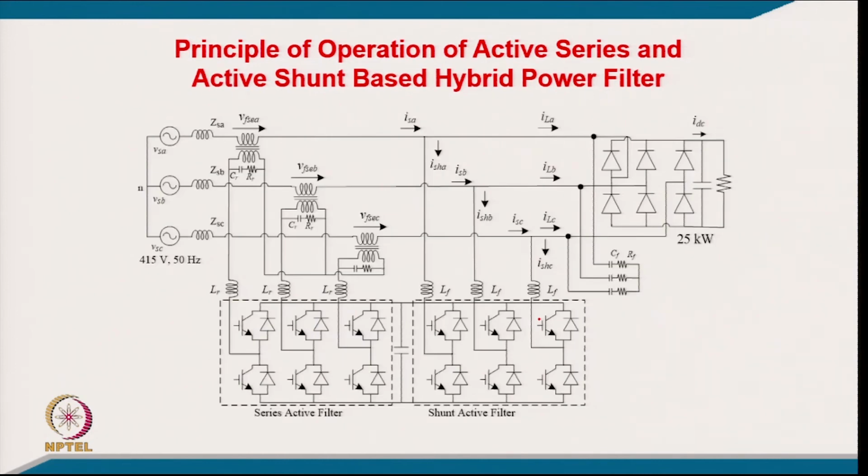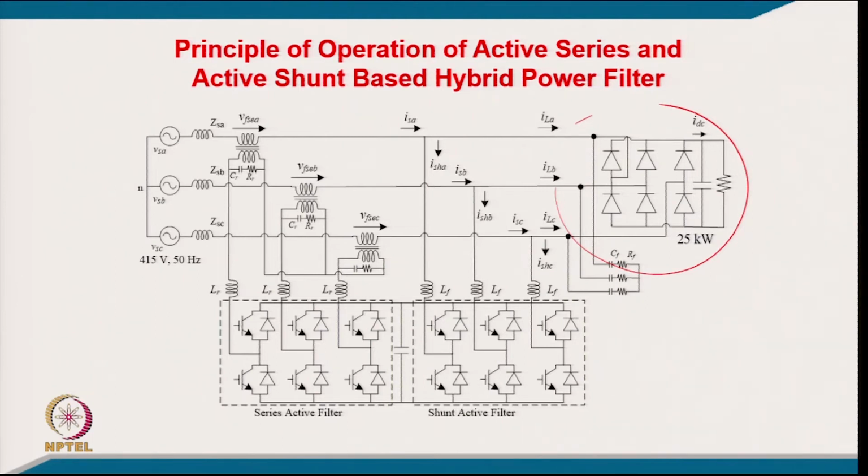Well, this is typically an active series and passive shunt filter, which can be effectively used for any kind of non-linear load. This is similar to what we discussed in UPQC earlier, but of course, in UPQC we did not discuss the harmonics. So, the load there we considered linear, here we have a non-linear load which may require reactive power and harmonics, and the supply might also have voltage distortion, voltage harmonics. So, the series filter will take care of that and the shunt filter will take care of typically the current harmonics